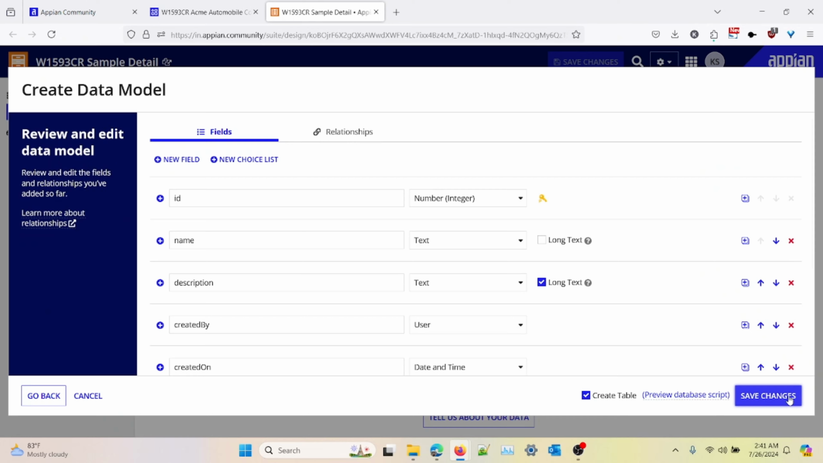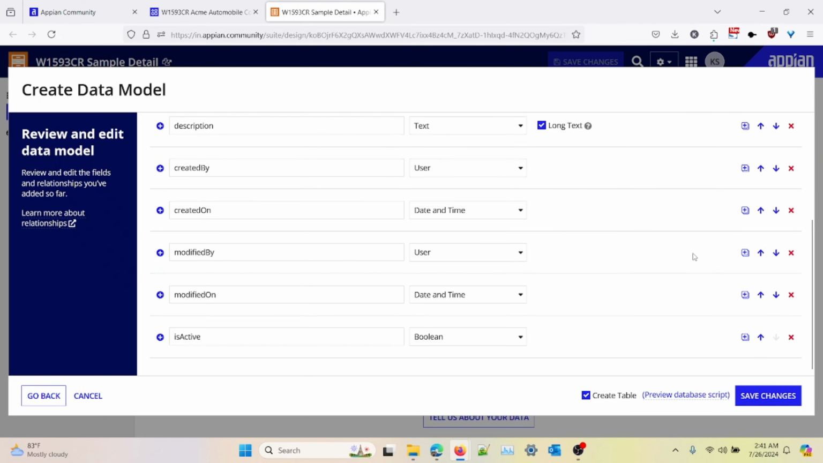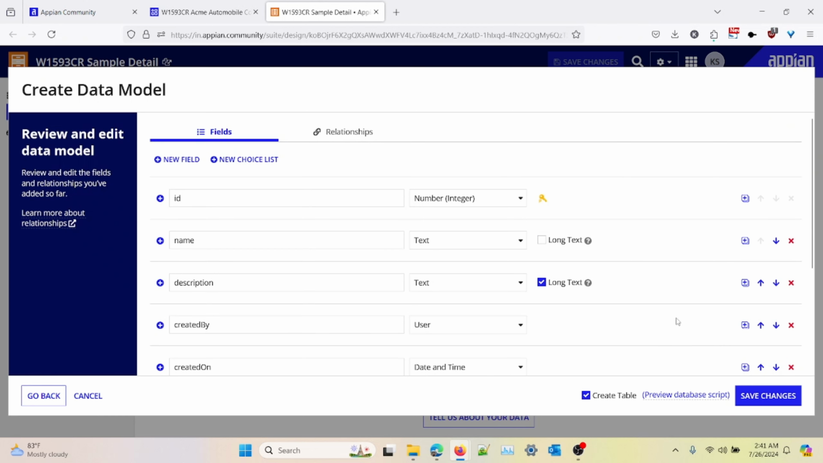and as I can see, this is my final preview of the fields which should be present in my record. And there is one option whether I want to create a table for this record or not. It will be automatically checked, so you don't have to worry about it. You can also preview the database script, like what would be the database script for this record type. So right now I will click on save changes, and once the changes are saved, we can have all the features accessible for our record type,